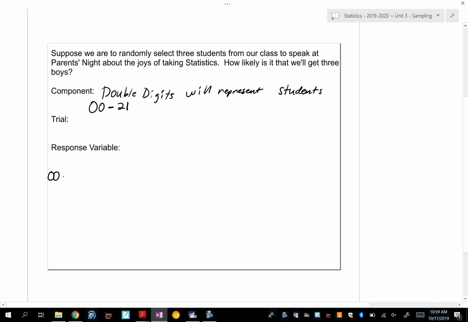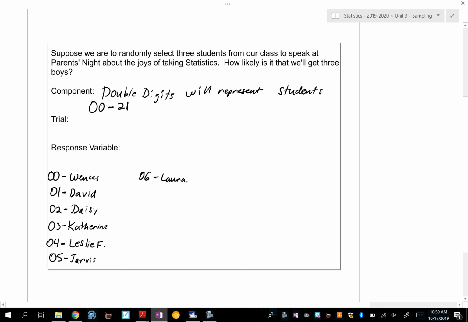All right, so let's start with 0, 0. That's going to be Wences. 0, 1 is going to be Daisy. 0, 3 is Catherine. I wrote it with a K. 0, 4 is Leslie. 0, 5, Jarvis. 0, 6 is Laura. 7, Edgar. 0, 8 is Lily J. You do 2 L's, right? Okay. 0, 9 is